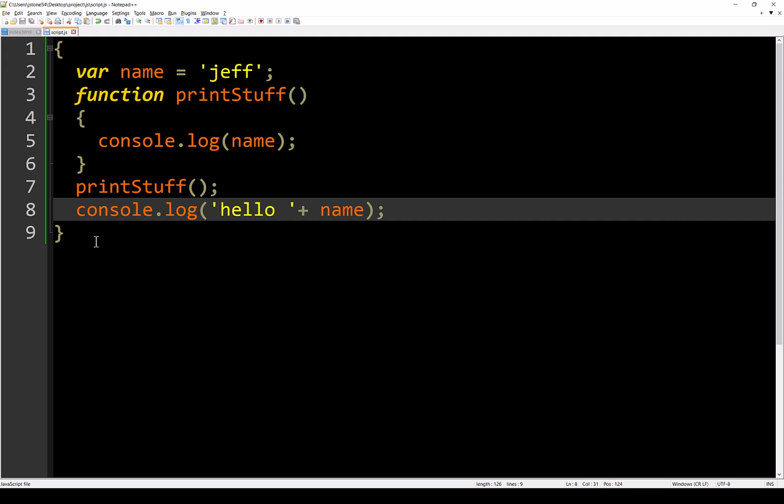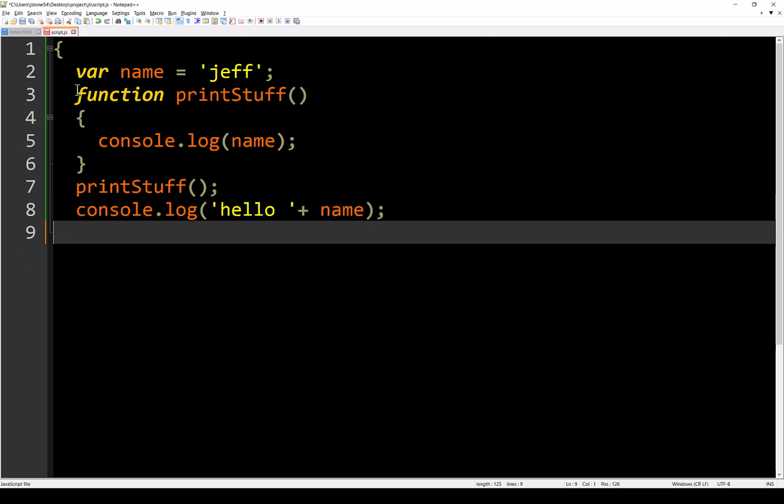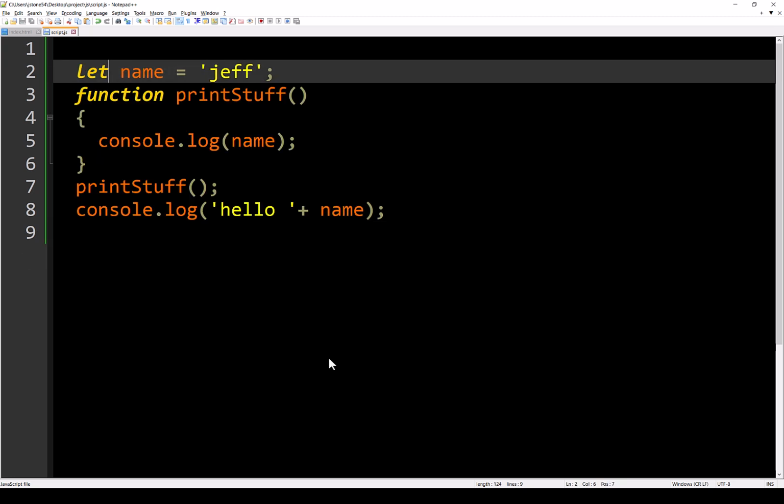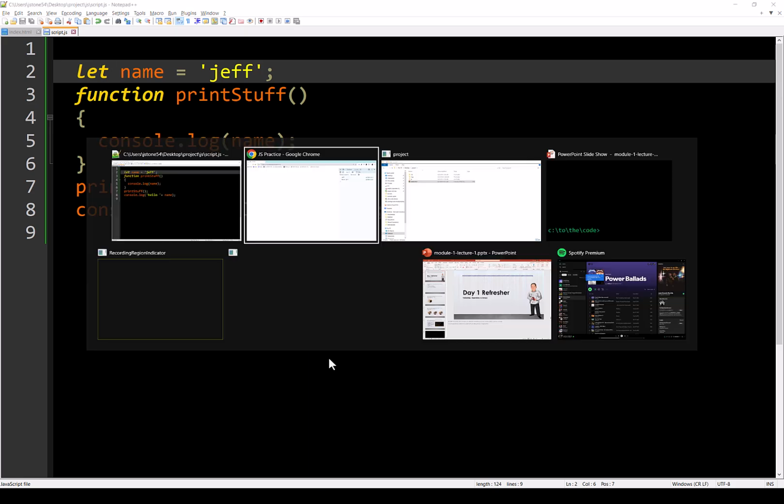By the way, those curly braces there, you can put curly braces anywhere you want in your code. It doesn't affect anything. It'll just visually block code together. However, it will affect things if you're using let. When we talk about it being block level scope, then the curly braces matter. So I'm going to delete those curly braces on line 1 and 9. Just imagine that they're there though, because basically the document itself is sort of inside of the curly braces. All right, so let's delete that, and we're going to change this to let. Now that we've set it to let, let's see how it changes things, if at all.